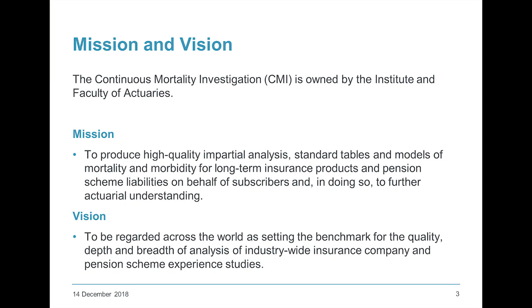I'd like to point out that the work that the CMI does is supported by volunteers who take on roles as committee members. That's usually in addition to their day jobs, working for different actuarial organisations. And the CMI committees are also supported by the Secretariat. Now, the SAPS committee that Matt and Cobus are members of focuses on the mortality experience of UK self-administered pension schemes, and they have put in the work to produce these recently released tables, which are the focus of